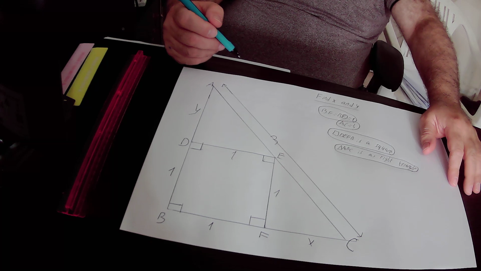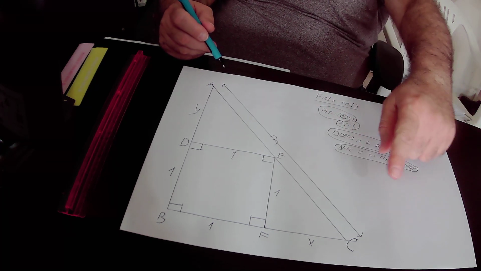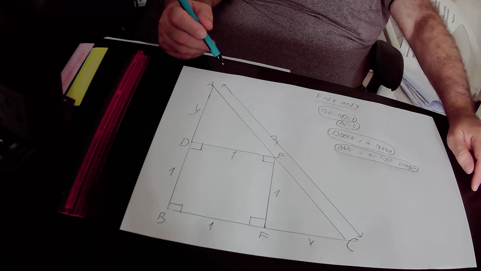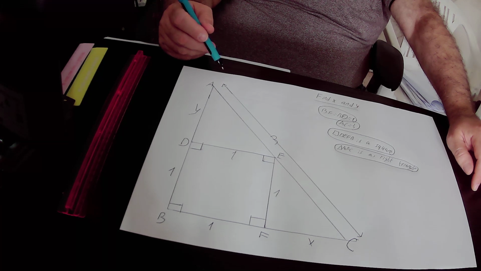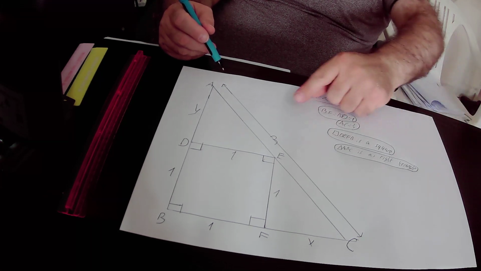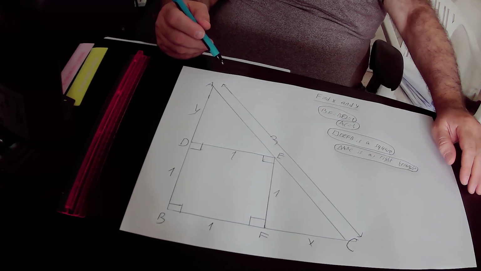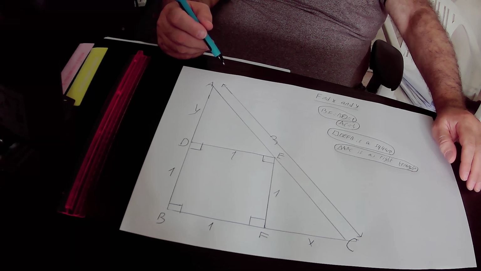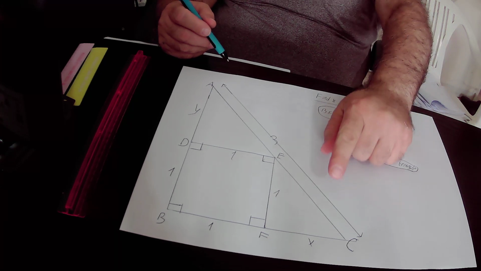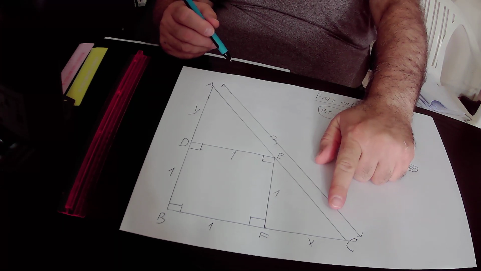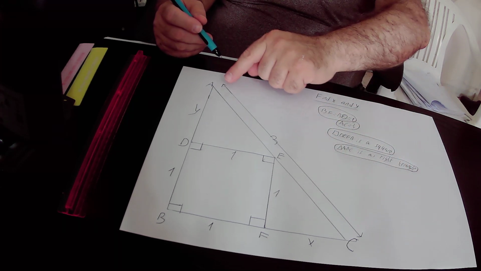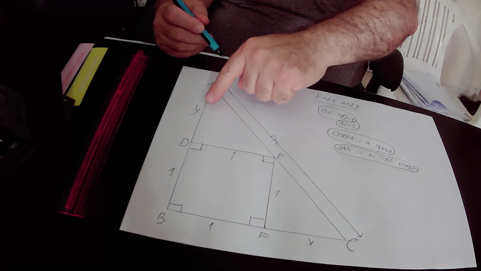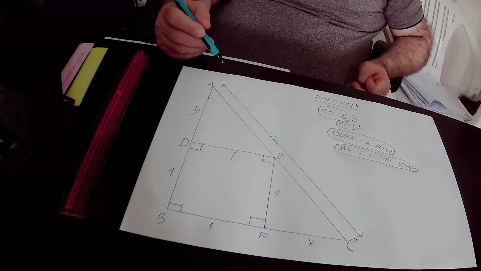And we also know that the hypotenuse AC of the right triangle ABC equals 3 units, and we want to find out the value of line segment FC, that is actually X, and the value of line segment AD, that is actually Y. Okay,